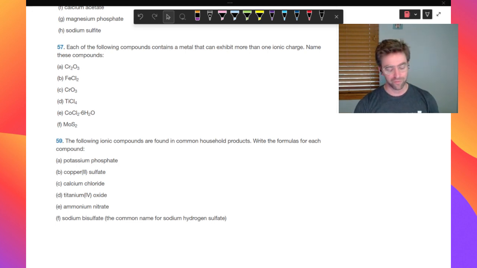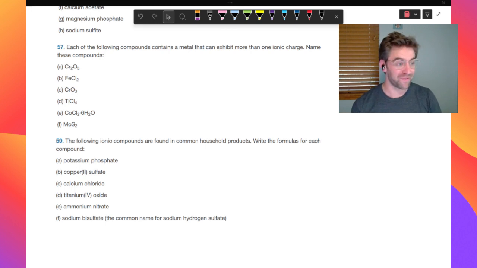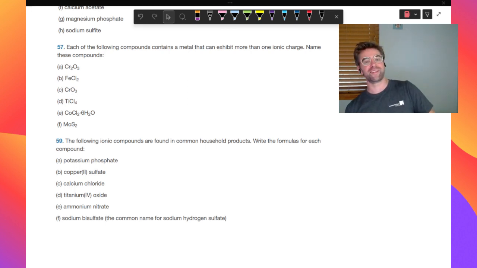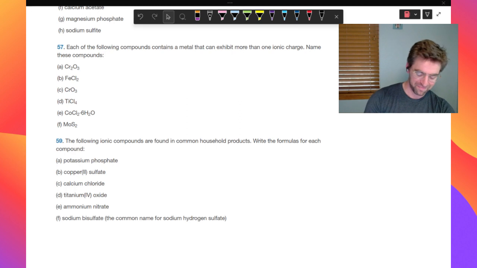Chromium oxide is a really pretty compound. It's bright green. It's also fairly non-toxic, even though chromium is generally on its own pretty reactive. And so this is used in a lot of cosmetics where you want vivid green. It's also used in making jewelry as a fine polishing compound. And the more you know. So chromium oxide,